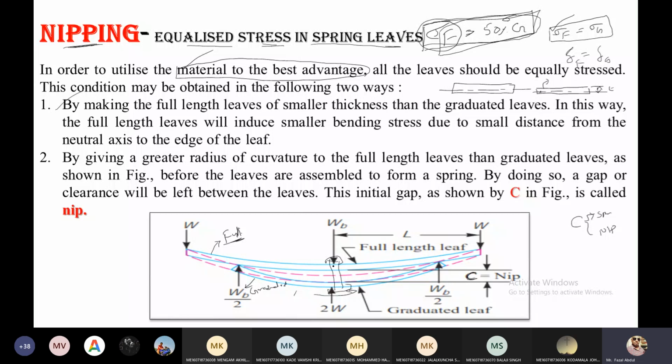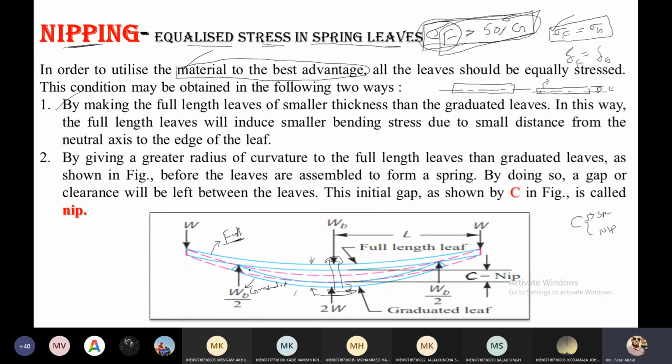So that is why initial stresses are generated, because we are applying some torque on the bolt, and because of that reason this is going to tighten. While it is tightening, this one is going to compress in this direction, and this one in this direction. By pressing both towards each other, the gap is going to be adjusted.